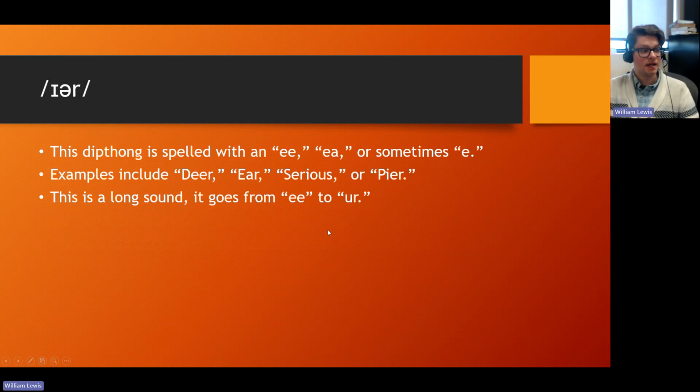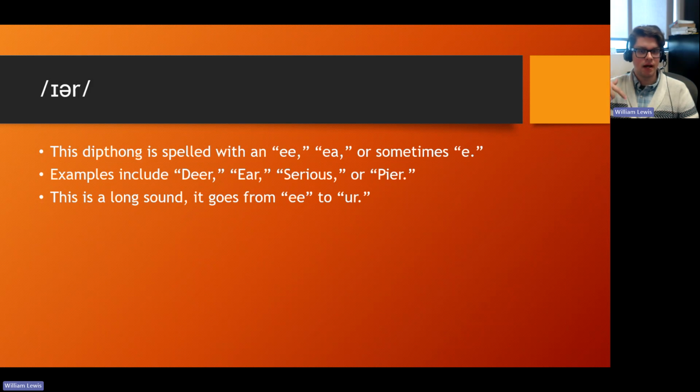This diphthong is E, usually spelled with a double E or an EA, and sometimes just a single E, although we're going to see there are other rarer spellings as well. Examples of the E diphthong include dear, ear, serious, or peer. So this third word, it's not serious, serious, serious. And this is a long sound. You have to kind of stretch it out a little bit. It goes from E to kind of a soft